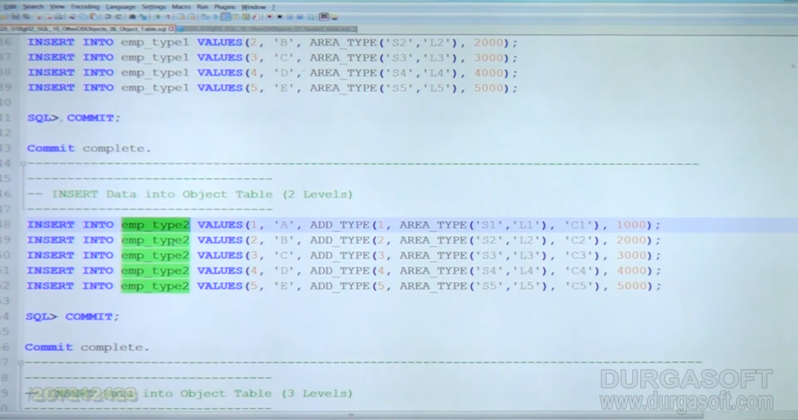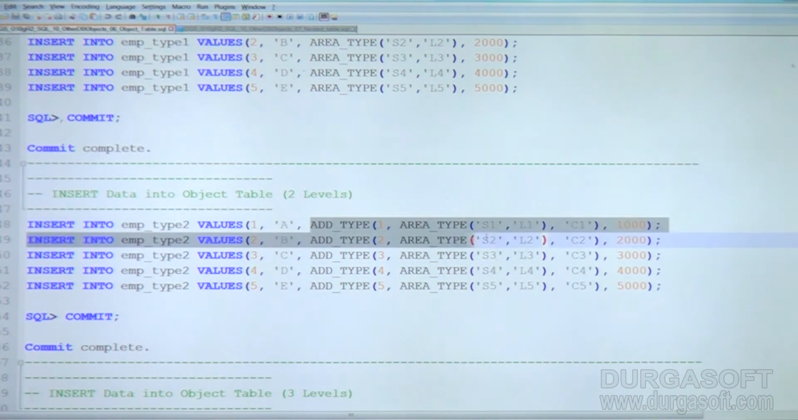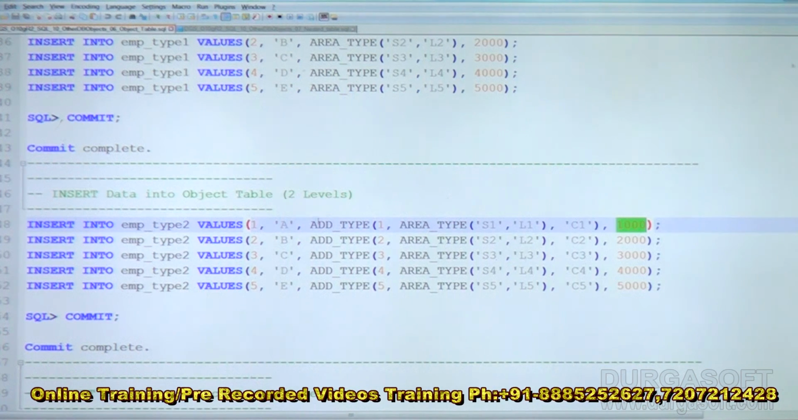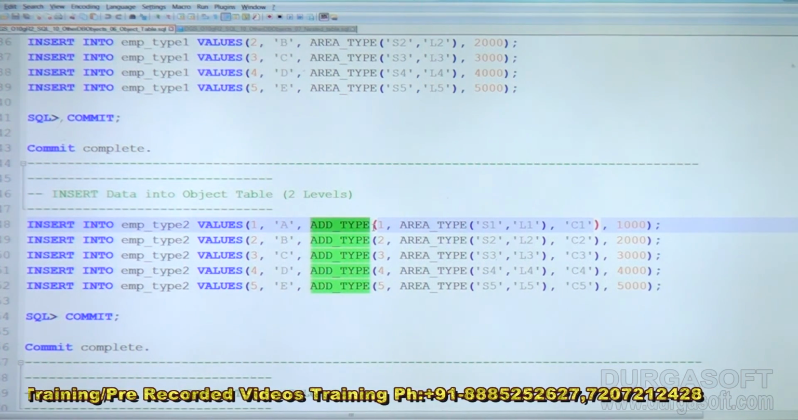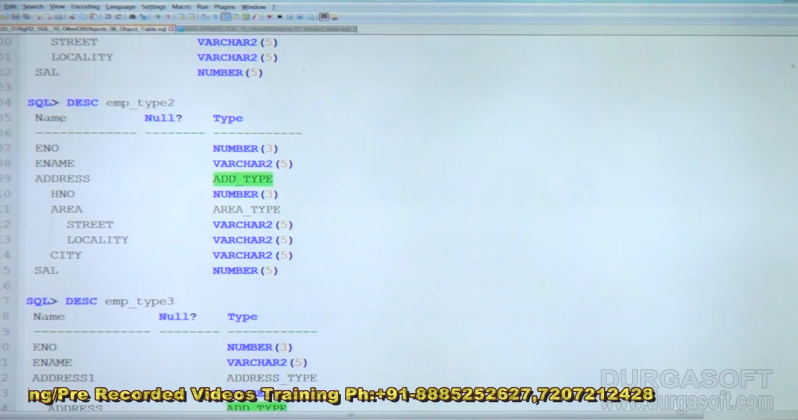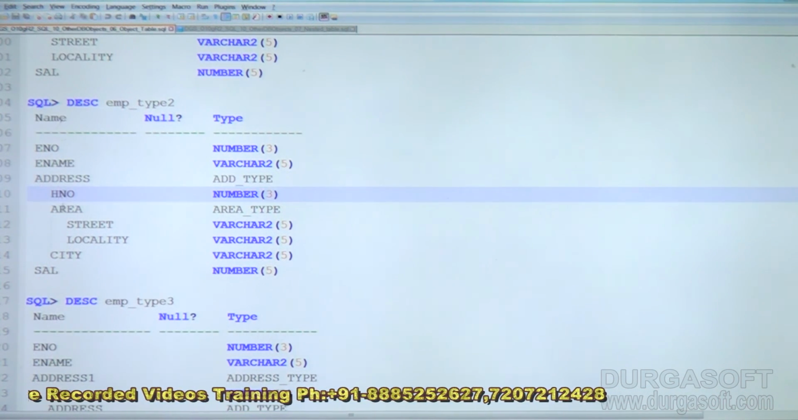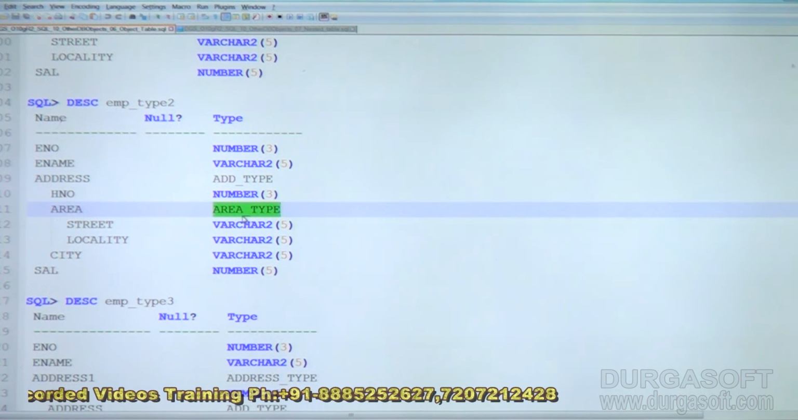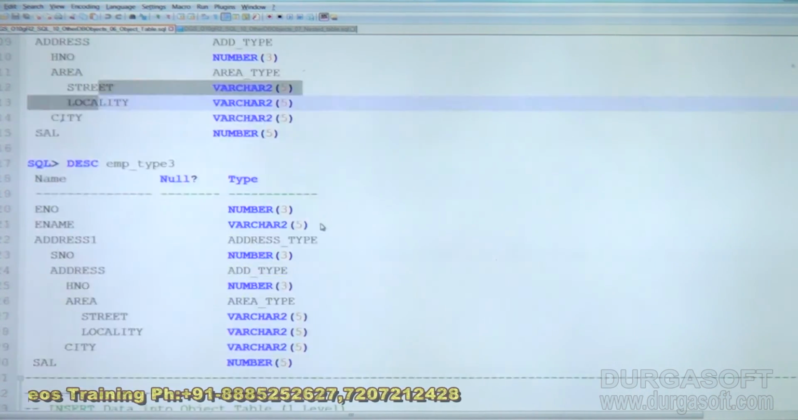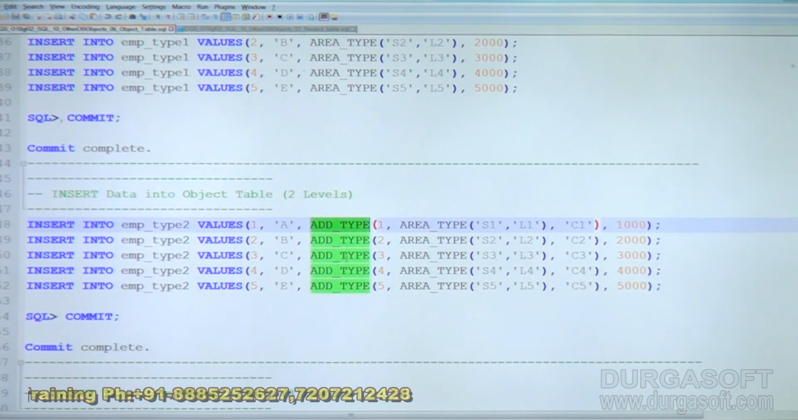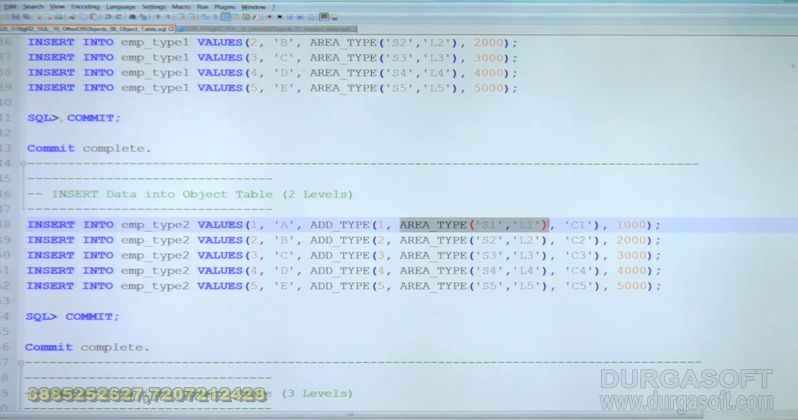Insert into EMP type 2. Employee number, employee name, this is address, and then salary. So address we are inserting into add type. In the second one we have add type. In that we have house number, area, which is again area type. So house number, city is here, area has another 2. So when we are inserting, first we specify add type, house number we specify, the last city we specify, in between we have